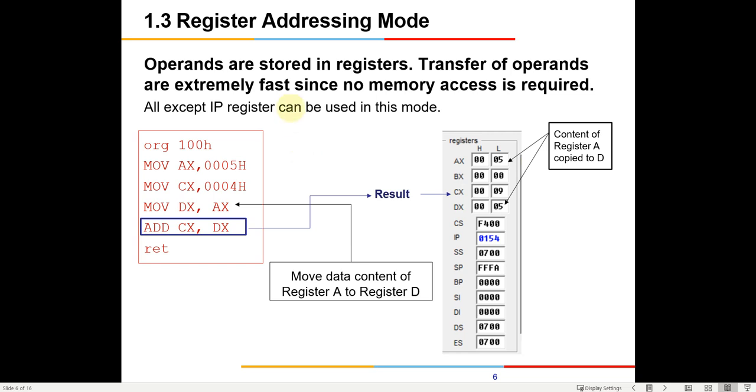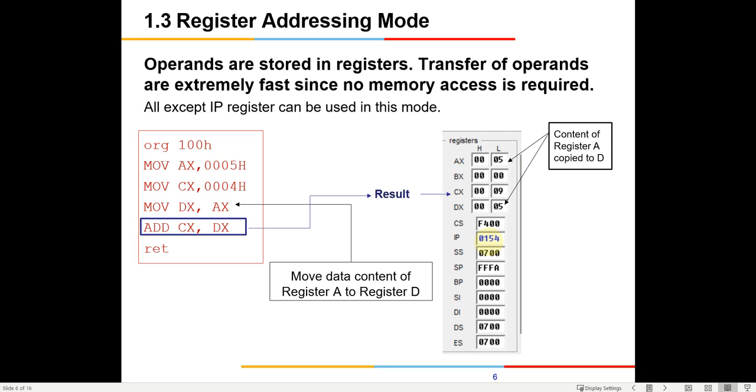So the third task is easier. We just have to move some data between 2 registers. You are going to move some data into AX, and some data into CX, and then you have to show that from AX you are able to move the data into DX. And then you also have to add CX and DX and see to it that the contents of CX get amended with the sum of CX and DX. So you just have to monitor all these registers with each command and show that whatever is intended, that operation is happening here.